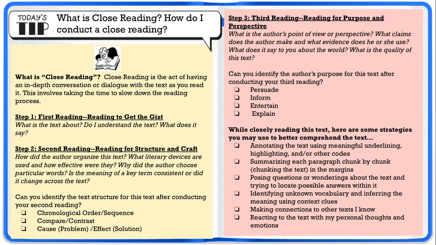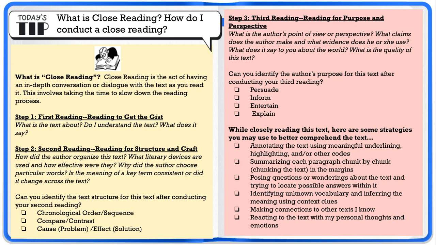Step 2 would be our second reading, reading for structure and craft. You want to ask yourself the following questions. How did the author organize this text? What literary devices are used and how effective were they? Why did the author choose particular words? Is the meaning of a key term consistent or did it change across the text? You really want to zero in on this idea of organization and structure of the text, asking yourself, why did the author organize it the way that they did, and how does this match up or align to the gist